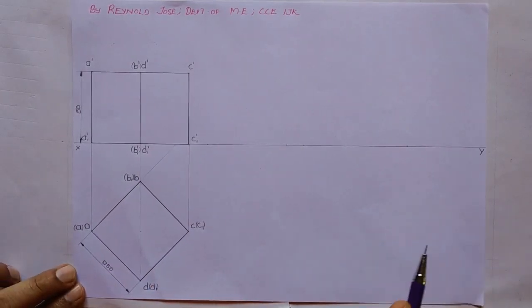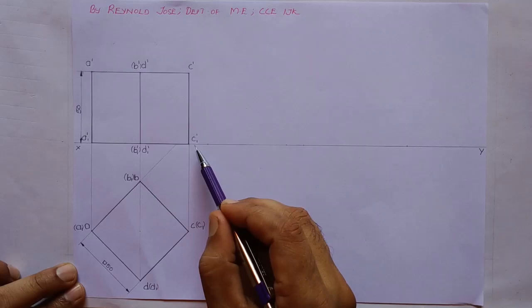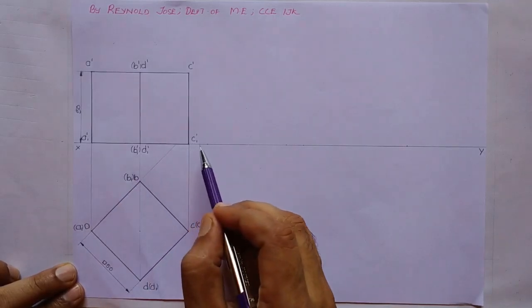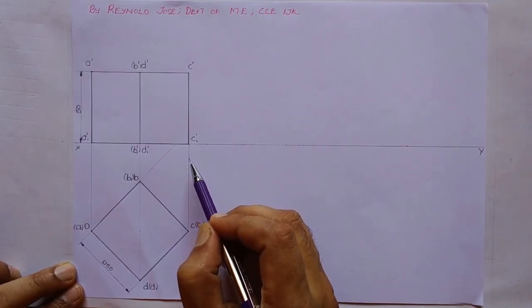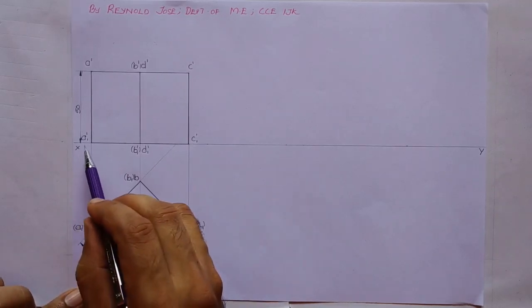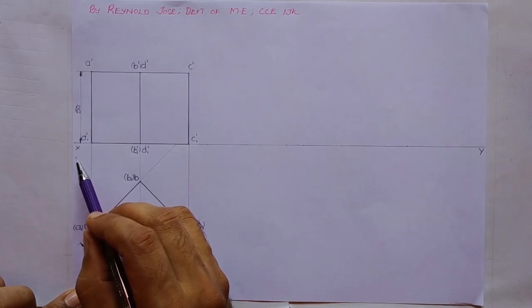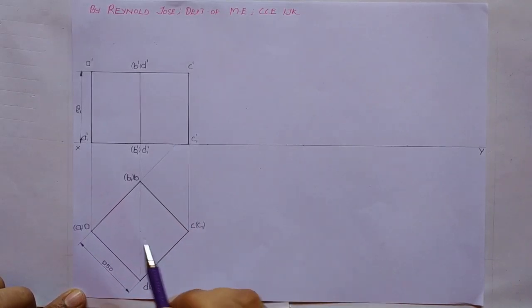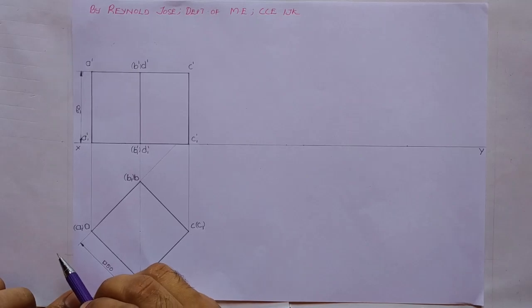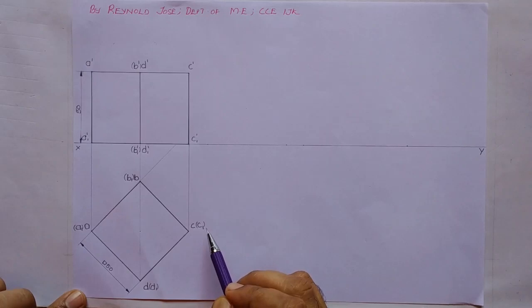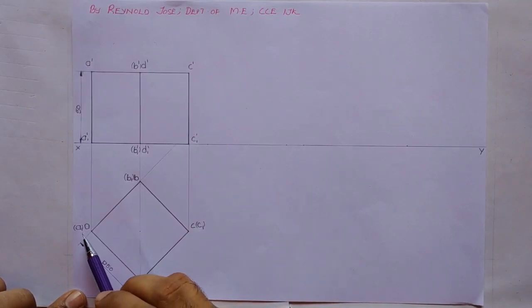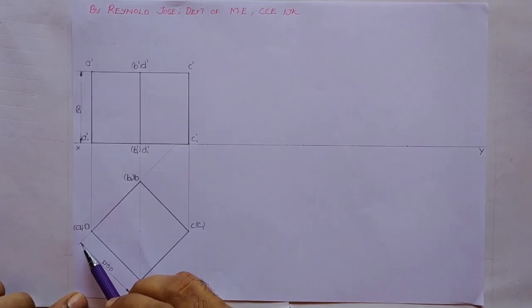In this case, you can see a corner on the right hand side, and along the base we have a corner C1 dash on the right hand side, and on the left hand side we have another corner, A1 dash. So when the solid is tilted either to the right hand side or to the left hand side, it will definitely be resting on a corner. If it is tilted to the right hand side, it will be resting on corner C1, and if it is tilted to the left hand side, it will be resting on corner A1. So this is the simple front view and simple top view.